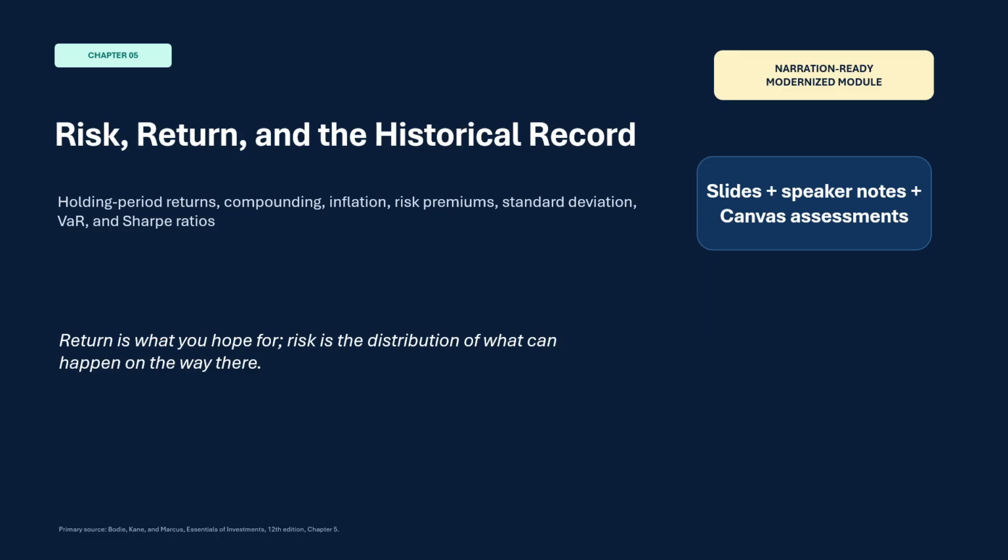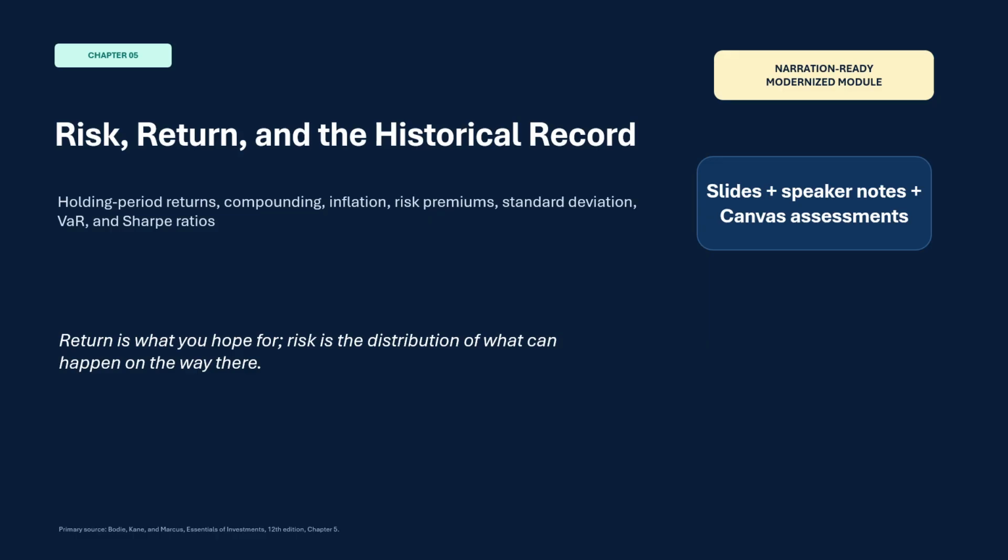That distinction matters because markets do not travel in straight lines. In 2020, investors experienced an extremely fast collapse and an equally remarkable recovery. In 2022, inflation and higher interest rates reminded everyone that stocks and bonds can both have a bad year at the same time. The historical record is valuable because it gives us evidence. It is dangerous when we treat that evidence as a promise. Throughout this chapter, keep one question in mind: which number answers the decision we are actually trying to make?